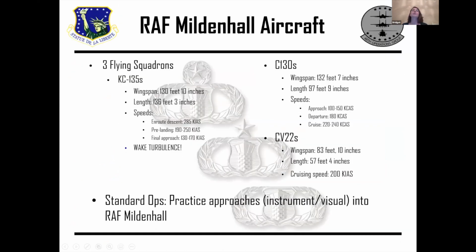So at RAF Mildenhall, they have 3 flying squadrons as well. They have KC-135s. Their wingspan is 130 feet, 10 inches, length 136 feet, 3 inches. Speeds, they're en route. Descent is 285 knots, pre-landing 190 to 250 knots, and final approach is 130 to 170 knots. The big thing with KC-135s, they cause wake turbulence, so you want to stay clear of those, just like